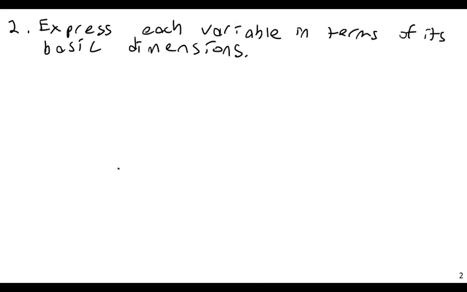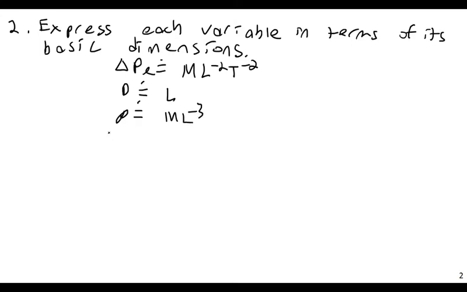In terms of its basic dimensions, so for example, delta PL, and we looked at this a bit last time, has dimensions ML to the -2, T to the -2. Diameter has dimensions of length. Density has dimensions of ML to the -3. Mu, viscosity, has dimensions of ML to the -1, T to the -1, and velocity has dimensions of